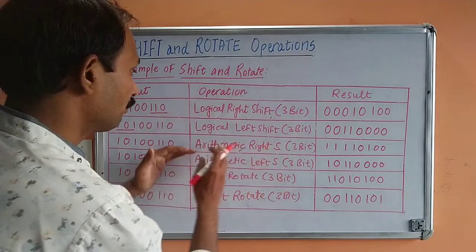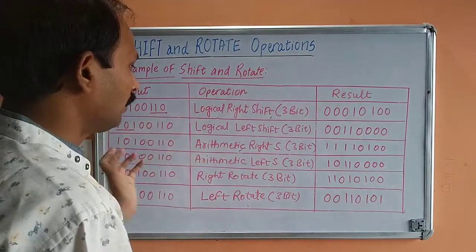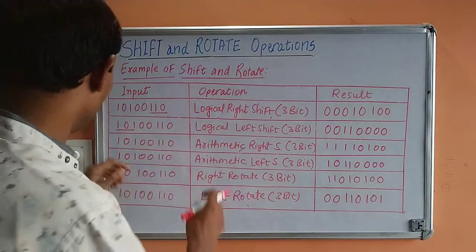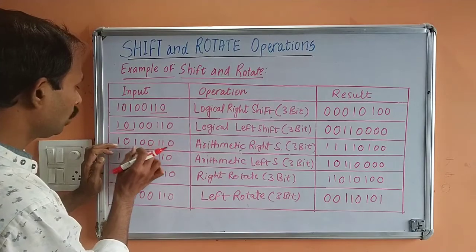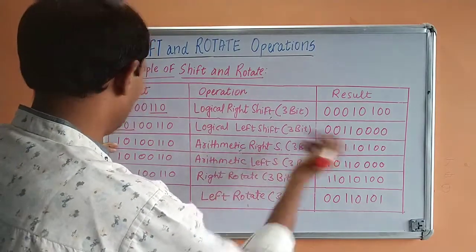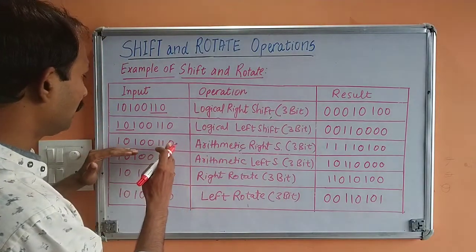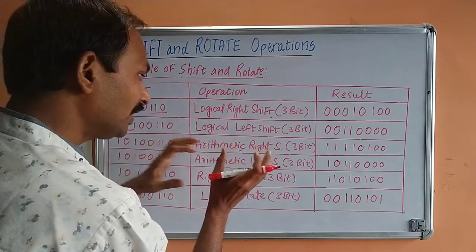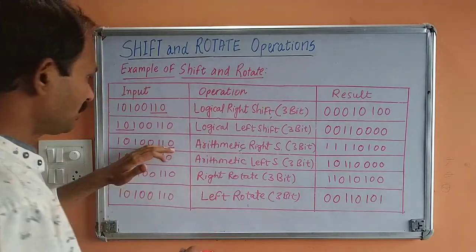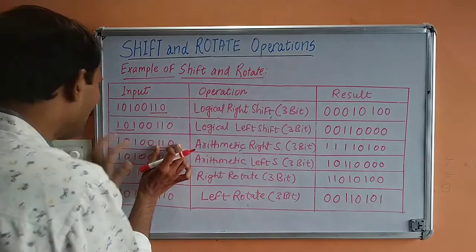So arithmetic right shift means what? The number will be shifted on right hand side, right? And on left hand side, of course, the zeros can be appended, as our previous example says. Now see, 1 0 1 0 0 1 1 0, arithmetic right shift by 3 bit. So what will happen, guys? See here. As we are shifting the number on right hand side, the first thing that will happen is these 3 bits will go out, right? Because we are shifting it on right hand side.